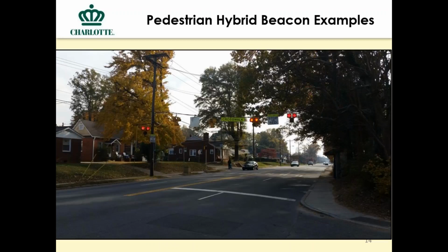And then Beatties Ford Road, this is one of our earliest pedestrian hybrid beacons that we installed. Heavily used pair of transit stops resulted in us deciding to put this pedestrian hybrid beacon in this location. What makes this one unique is that this is one of the ones that is closest to